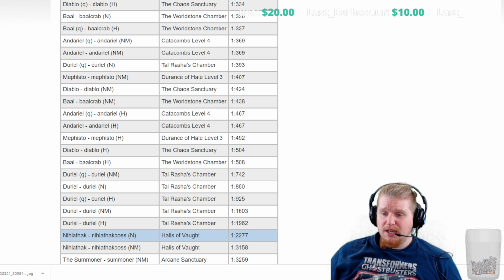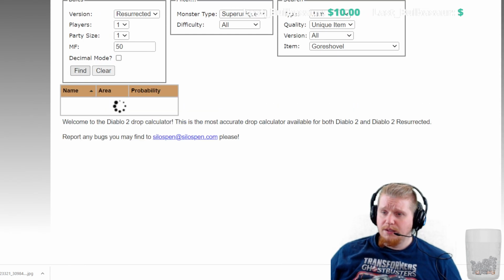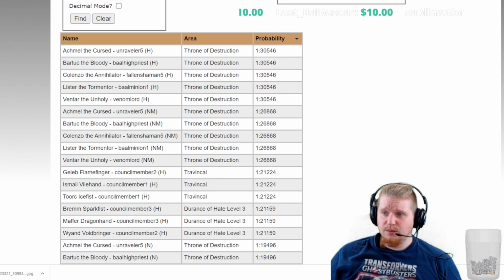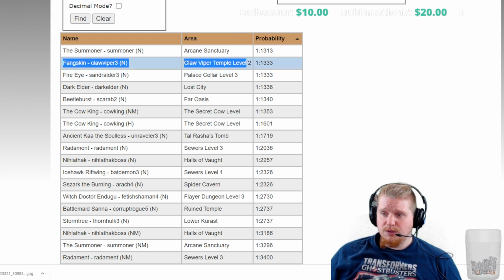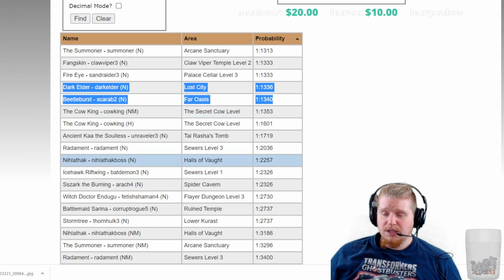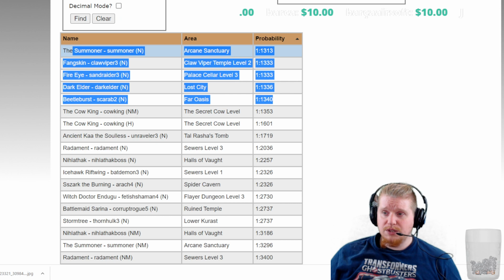So that would be Act 2. And at level 14, that's the perfect place to get it because level 14 is right in the Act 2 range. Fangskin in the Claw Viper Temple can drop it. Fire Eye in the Palace Cellar can drop it. Dark Elder and Beetle Burst can all drop it. So if you were trying to get this on level, there's your quartet, or your